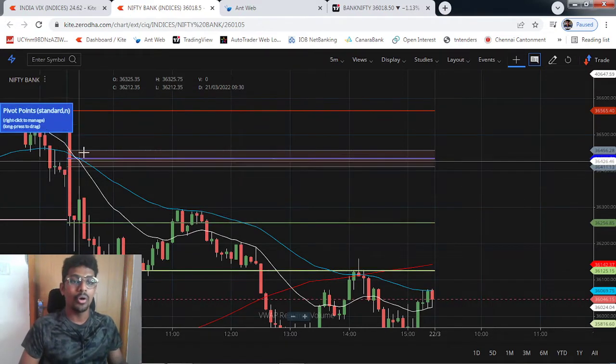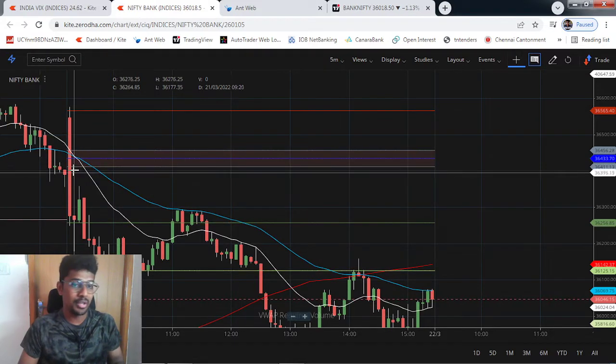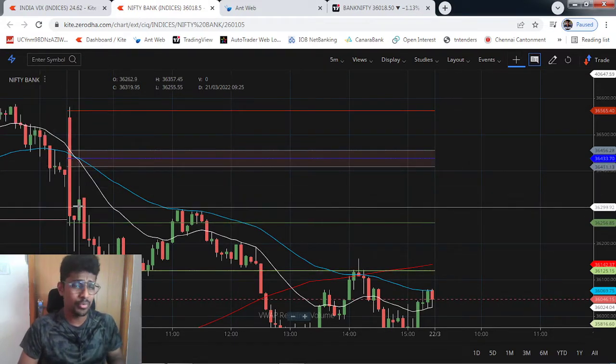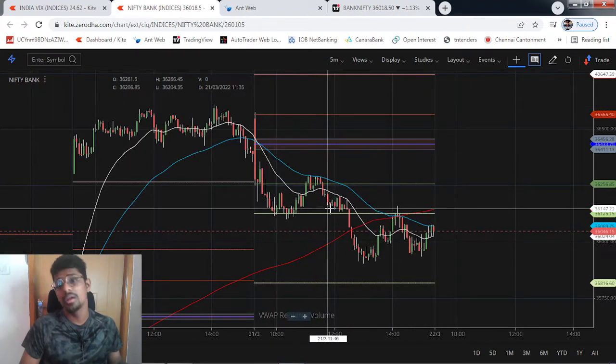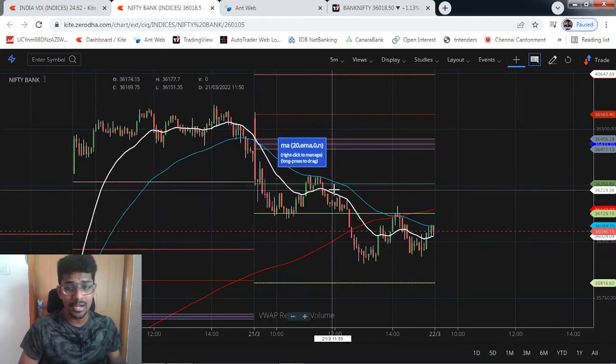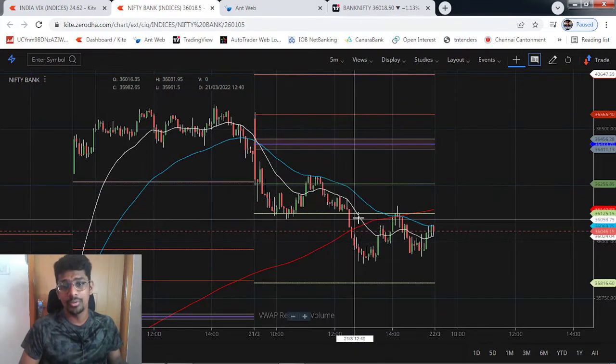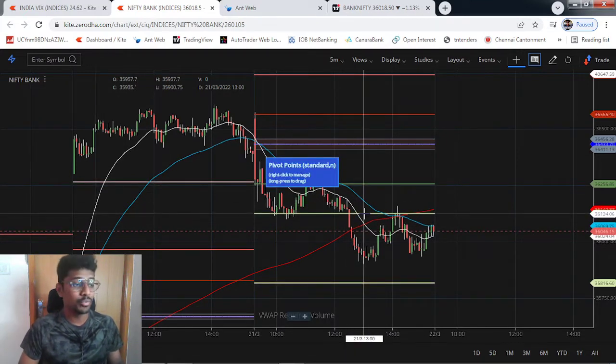So obviously there is this 20/50. It's going to be trading below the 20/50 moving average. It's going to be trading below the narrow CPR, which means the market may rally downside. So I had a target of these pivot points. My major target was 36,125, with which I was covering a lot of short scalping.